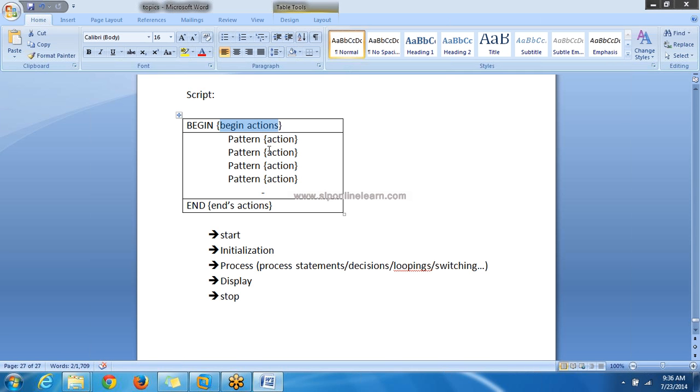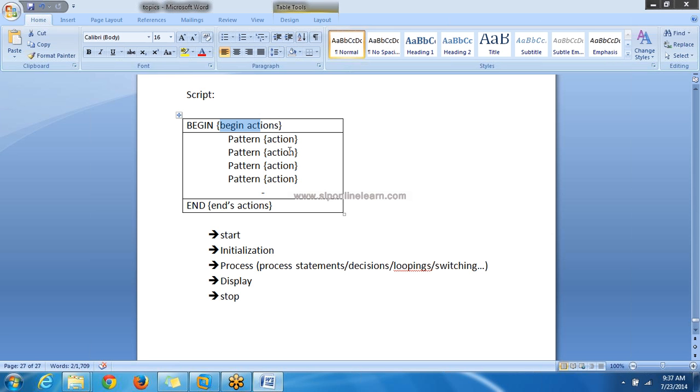So these are the general actions we can do before starting the process. You can declare them in between the open curly brace, sorry, flower bracket or curly brace, and the close flower bracket. So BEGIN is like a keyword, used in capital, then a space, open flower bracket, and here you can write some actions, nothing but statements.